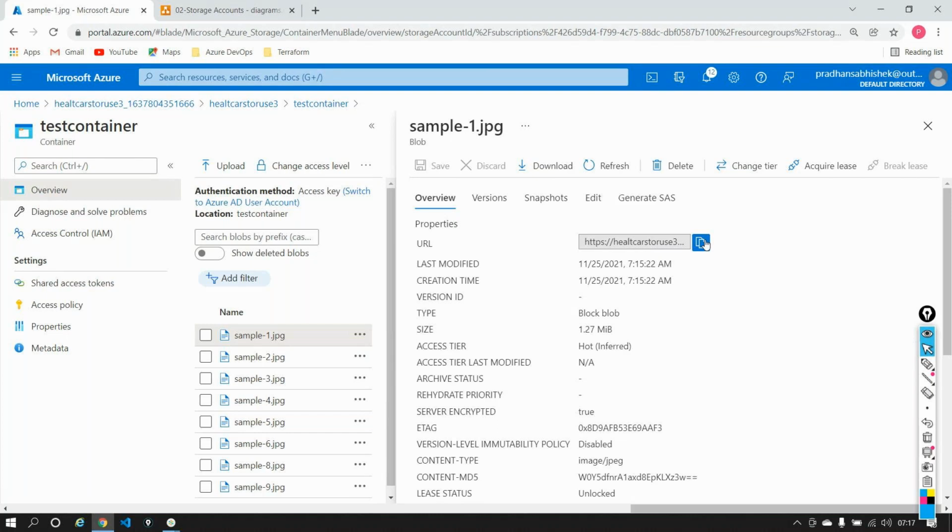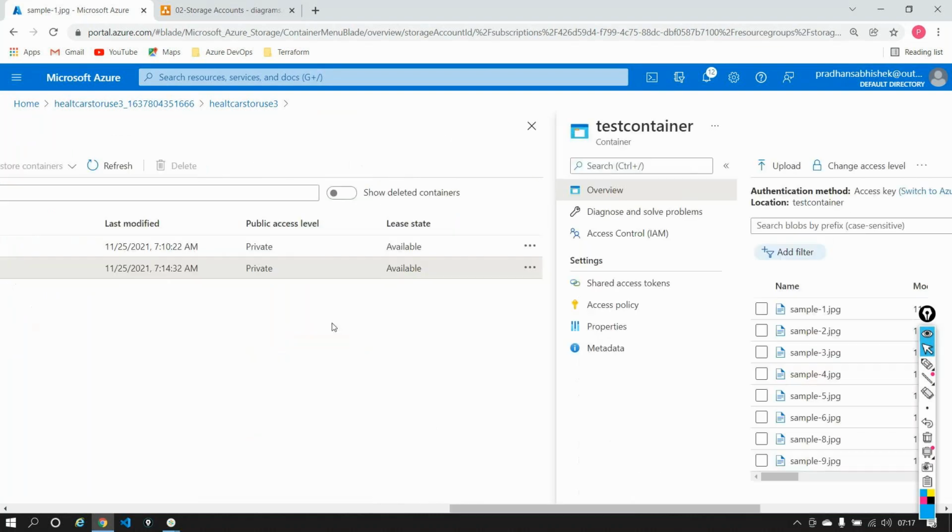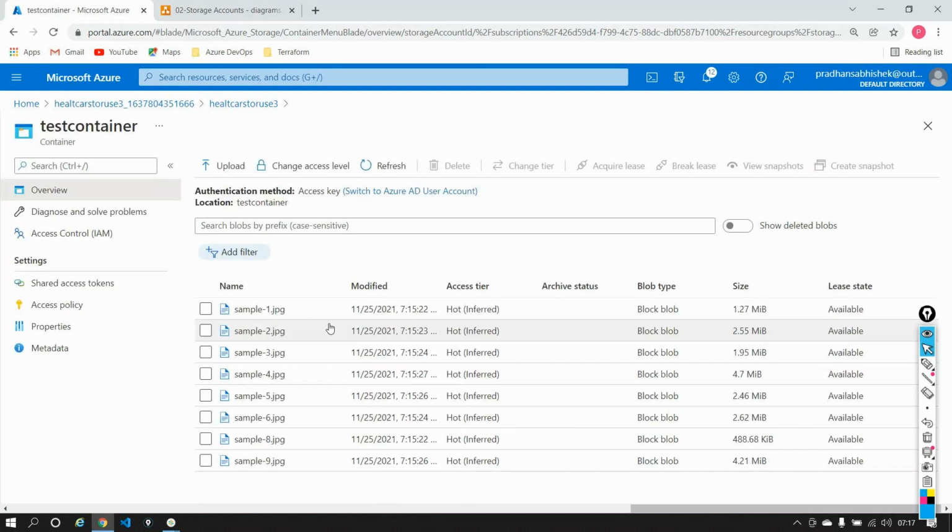Fine. So this is where we are. I've uploaded the file inside the container. I just clicked on the file here, or now I will not call it a file anymore. Rather, the technical term for this is a blob, right? That's what we discussed, and that's the reason this is popularly known as a blob storage account.